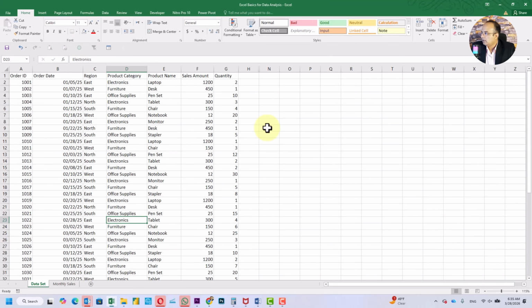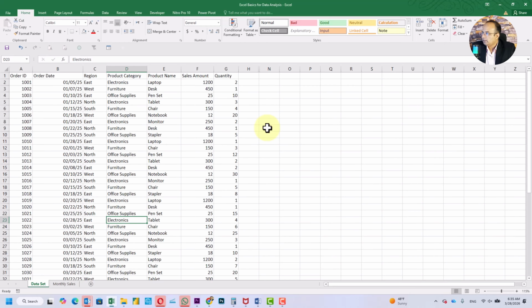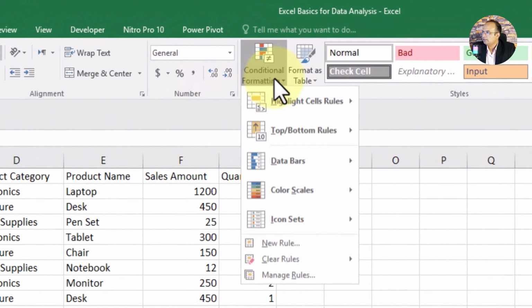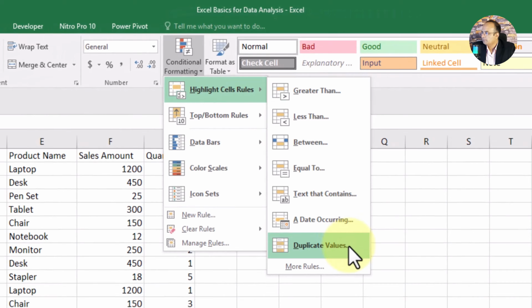The next and last thing, I believe we need to go with is finding the duplicates. To find and replace or remove the duplicate value, we will need to identify it first. I want to remove duplication based on my order ID column only. I'll select this column, go to Home tab, click Conditional Formatting, Highlight Cell Rules, and come here, Duplicate Values.